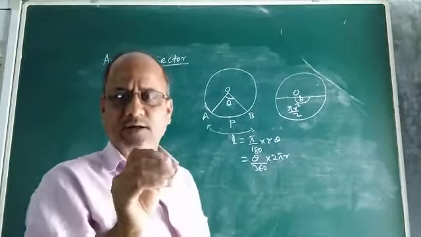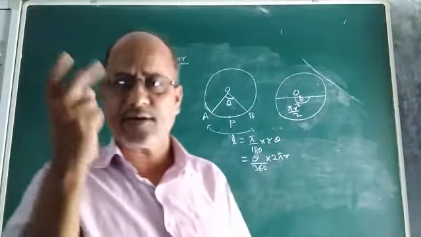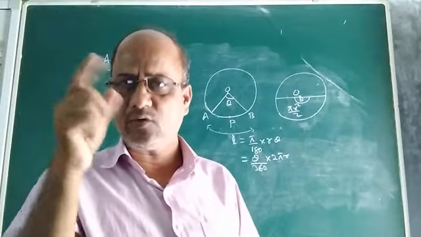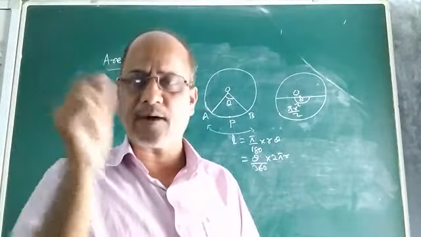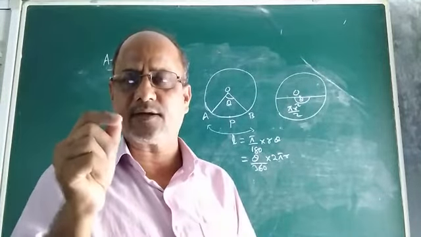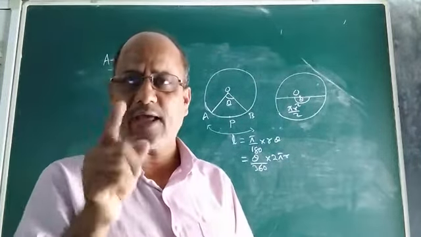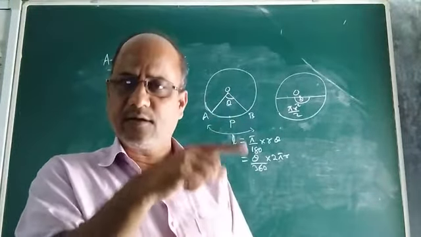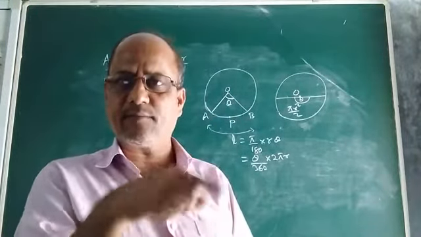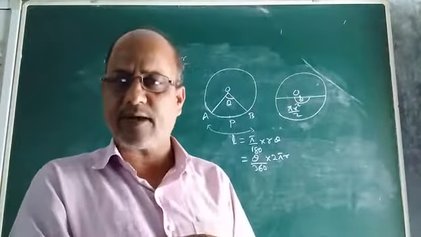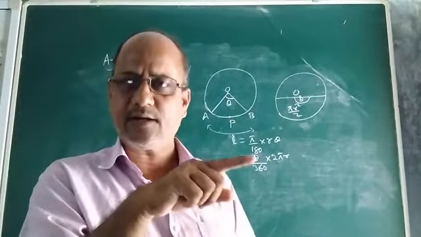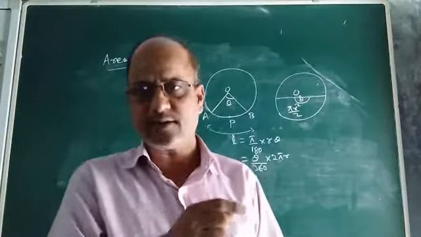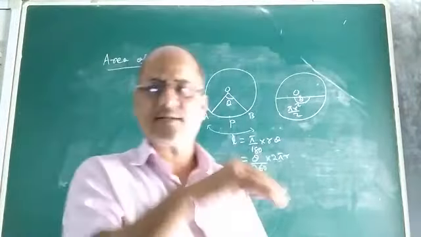What is a sector? A sector is nothing but the union of any two radii and one arc. The region between two radii of a circle; a sector is a part of the circle. It encloses two radii and one arc, maybe a minor arc or a major arc. If the arc is minor, then the space between the minor arc and the two radii is your minor sector. And if the arc is major, the region between the major arc and the two radii is your major sector. So whether it is a major sector or a minor sector.